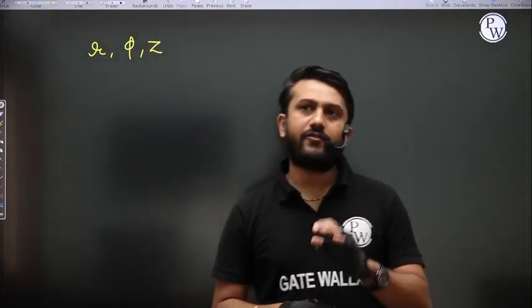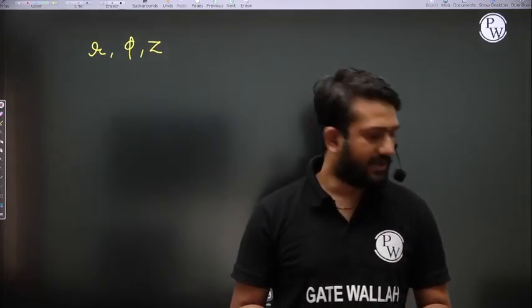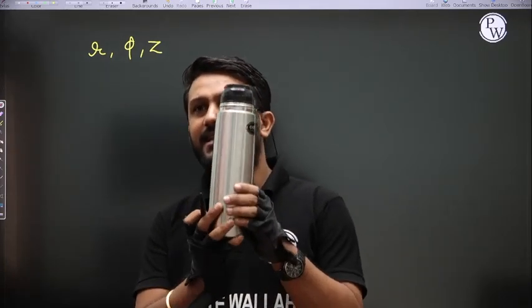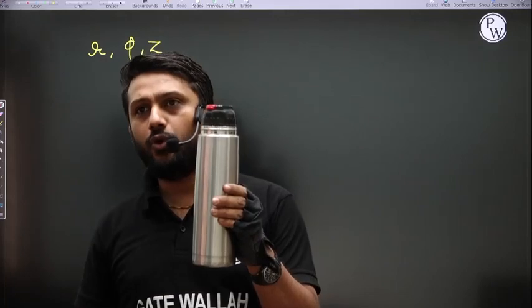So what is r? R is the radial distance. If I want to locate a point in a cylindrical coordinate system, then the radial distance is required. That first, the radial distance is required, right? So let us assume there is a cylinder. This is the cylinder, and if I want to locate a point,